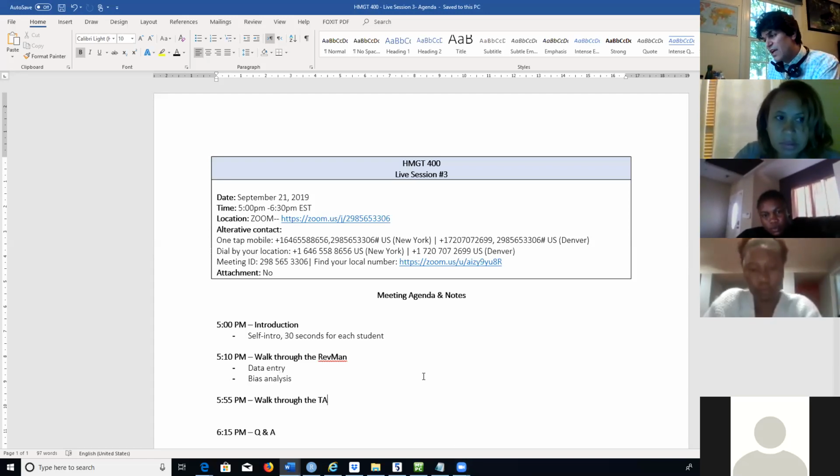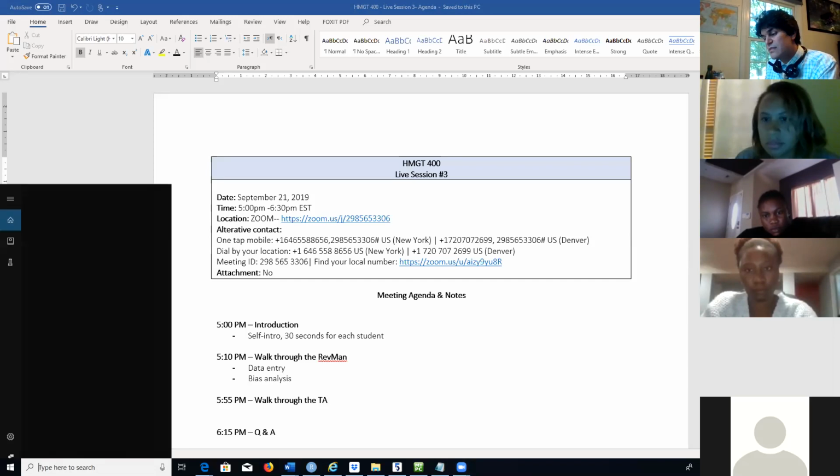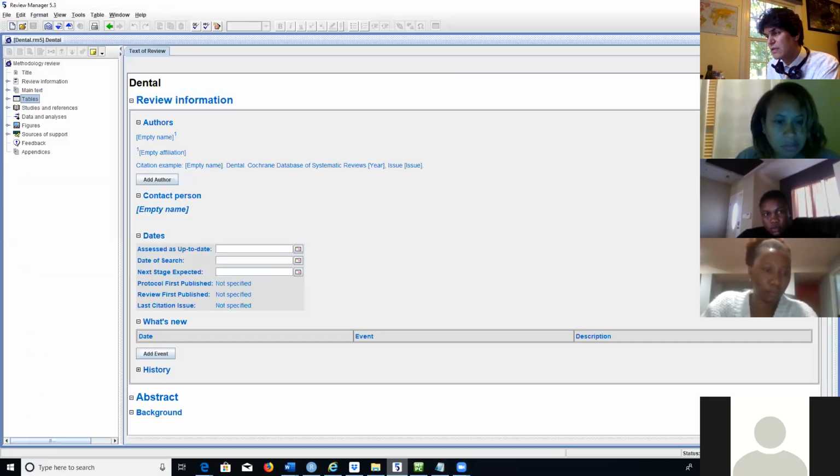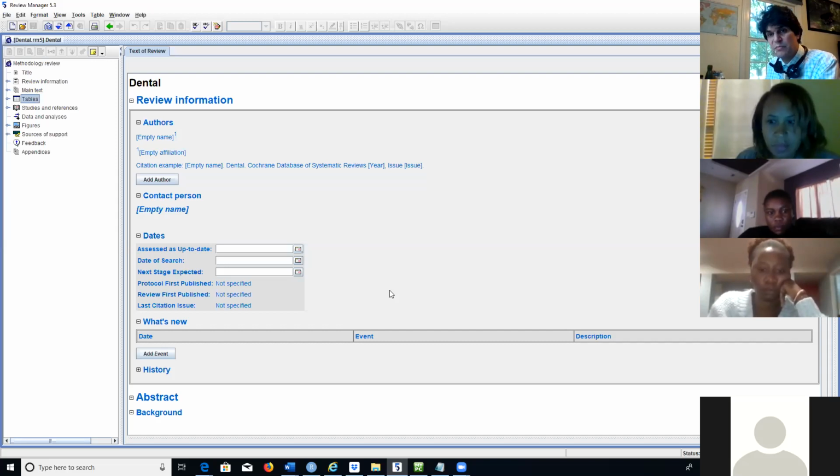And if you already have installed the RevMan, this is the RevMan. I think it's open in my computer already. The RevMan is a very easy to install package. It's less than 2 minutes you can install. I'm reviewing the RevMan in Windows, but the platform is exactly